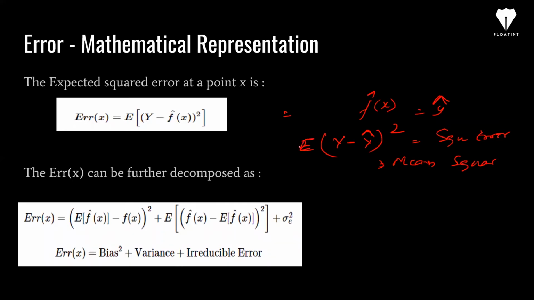If it is written like expectation of this, what you do is take each and every actual value, subtract it with the predicted value, and then you square it, and when you have a list of all subtracted and squared values, you take the mean of it, and that will give you this error. All right. So now what we can do, this error can be further decomposed as bias square plus variance plus irreducible error. So any error, I can write, it will be a combination of bias square plus variance plus irreducible error. Okay.